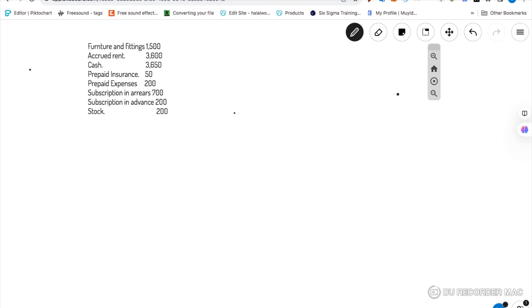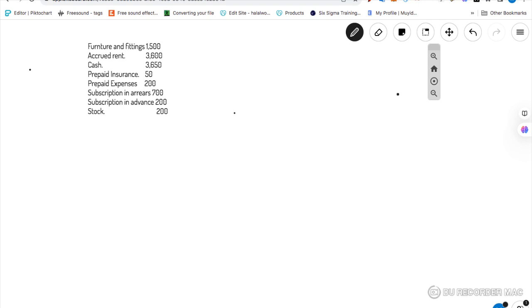Today we're going to be discussing how to prepare the statement of affairs for a non-profit making organization. Just like we have the final account, profit and loss account, or what we also call the statement. But in a non-profit making organization, all we prepare is the statement of affairs to show the accumulated